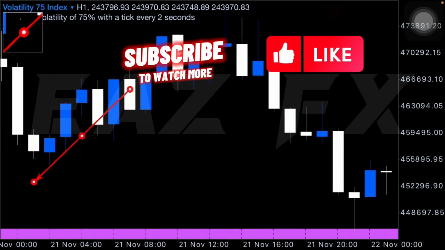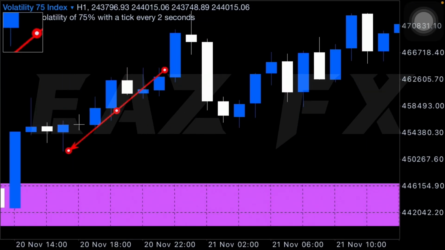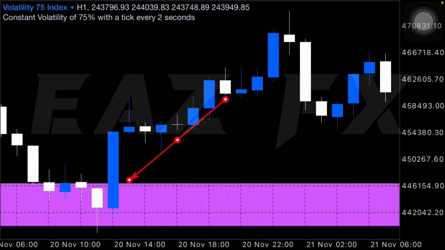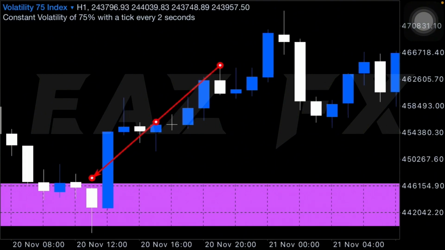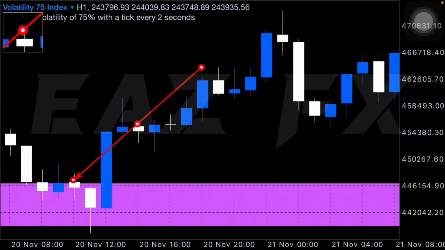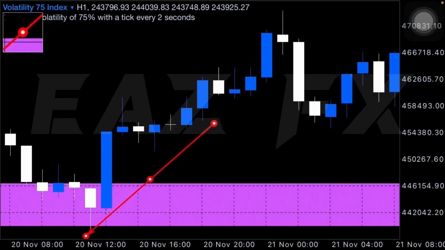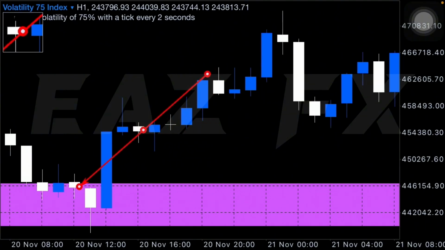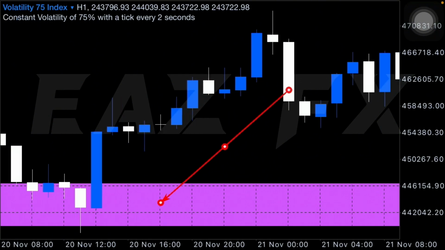Let me go back to the first one and show you with this pointer. Okay, so it's a swing formation pattern. This is the first candlestick. Its low is higher than the second one's, and the second one's low is also lower than the third one's low. The most important thing is that the third one's body breaks the high of the second one,